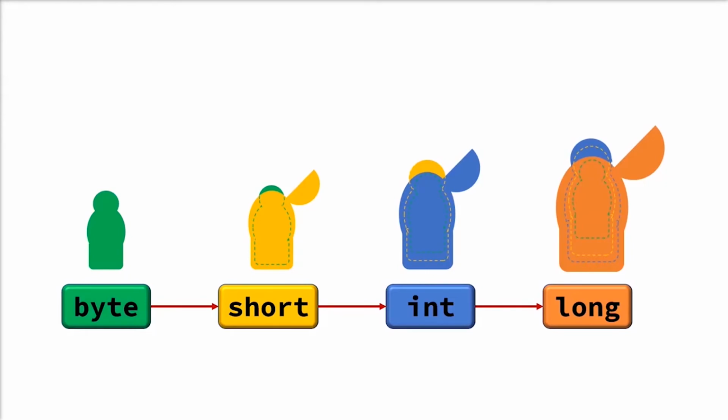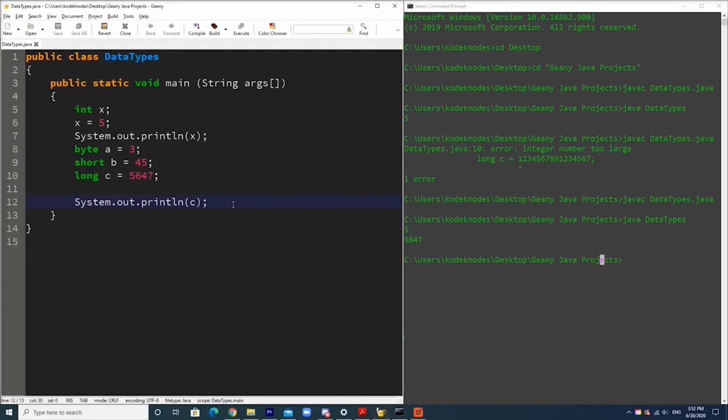Now as you can see, you can fit a short, or a smaller yellow doll, into a bigger orange doll, but you can't fit a long into a short because the yellow doll is simply too small to hold the orange doll. This can be easily tested with addition. For instance, we want to compute a sum, so we can type int sum. Since sum is an int type, we can only add data types that int can hold, which include int itself,